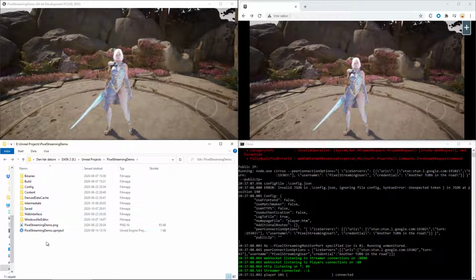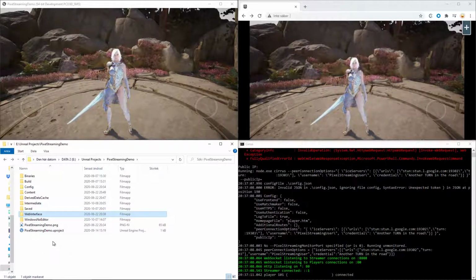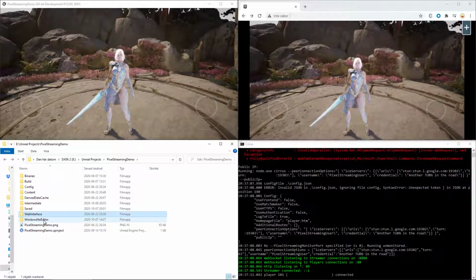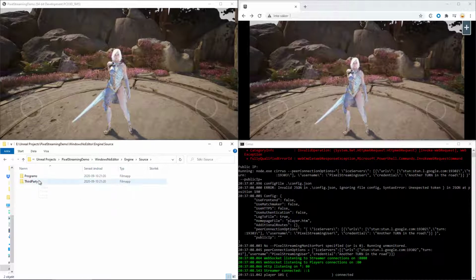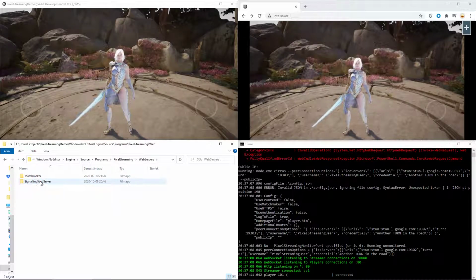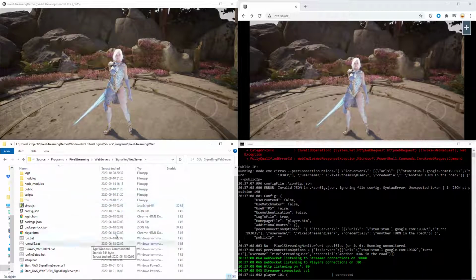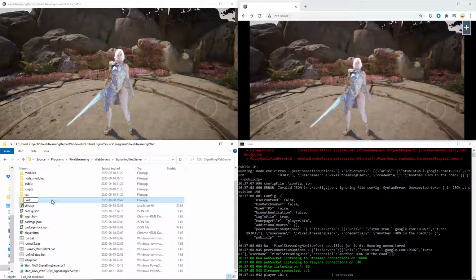What you can do is copy this and put it in the signaling server folder, which should be in Windows No Editor, Engine, Source, Programs, Pixel Streaming, Web Servers, and Signaling Web Server. Now just paste it in here and rename it to custom underscore HTML.